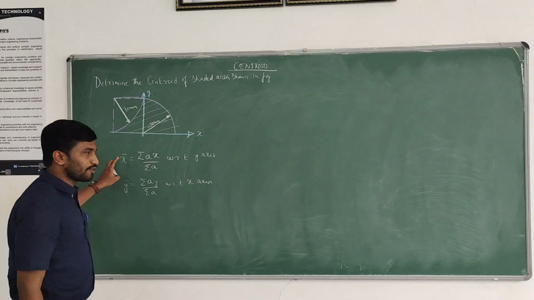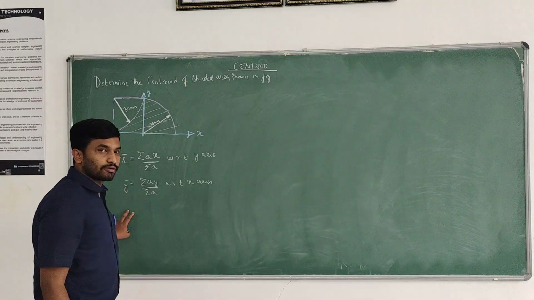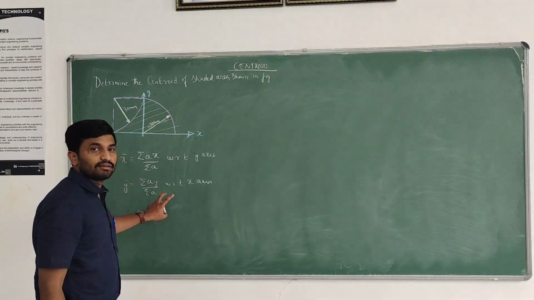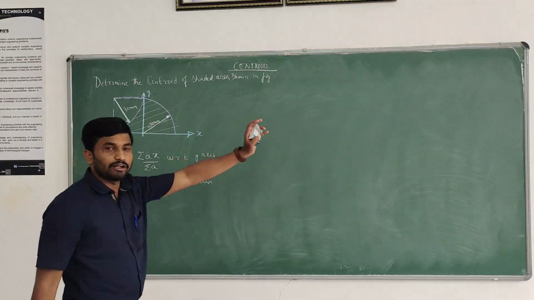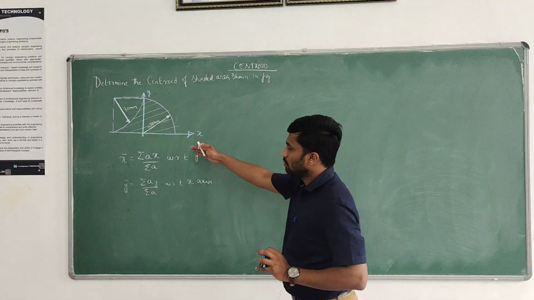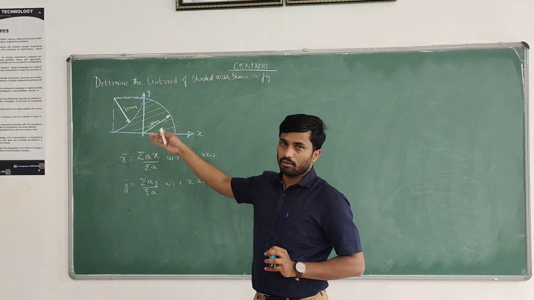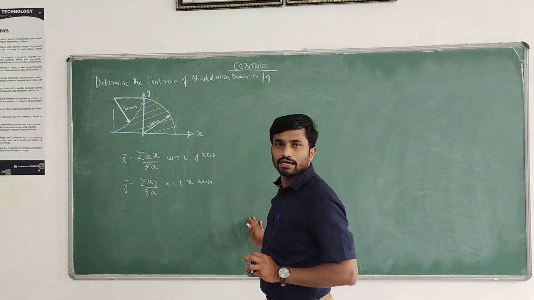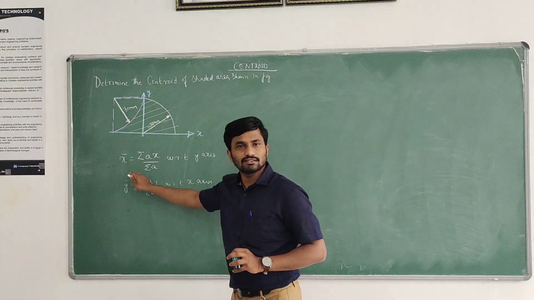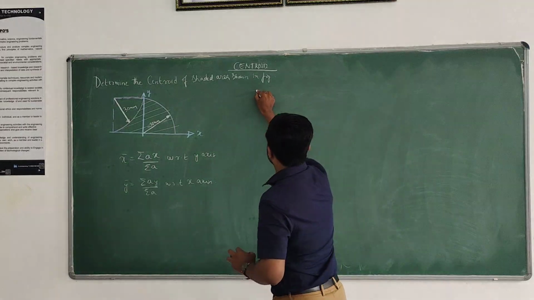For the computation of x bar and y bar, we have to evaluate sigma a x, sigma a, sigma a y, sigma a. Now we will tabulate the results. For the tabulation, we require area, y, x. We will compute and make a table, and finally the ultimate aim of the problem is to compute x bar as well as y bar. So make a tabular column.